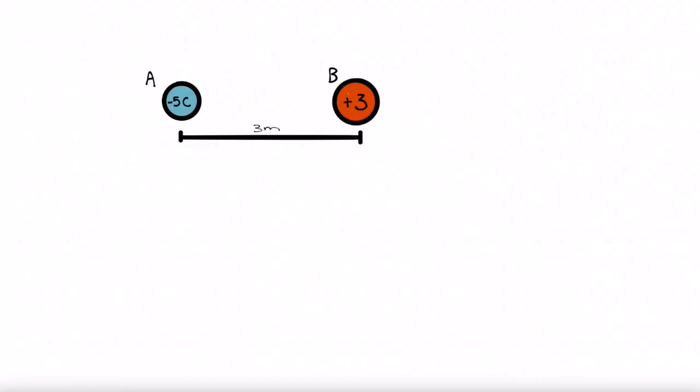In this problem, we're given two charges, a negative 5 coulomb charge and a positive 3 coulomb charge, and we're asked to find the magnitude of the electric force that B will exert on A. Okay, and for this equation, we're going to be using